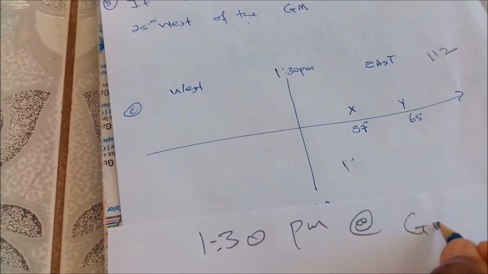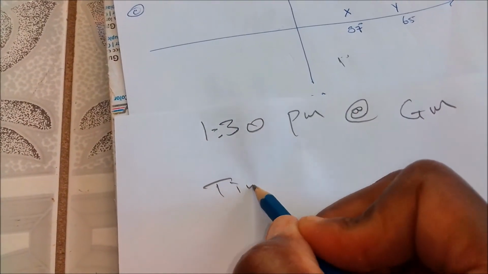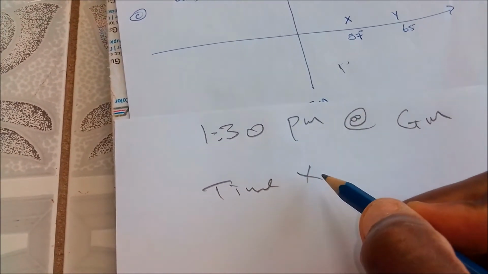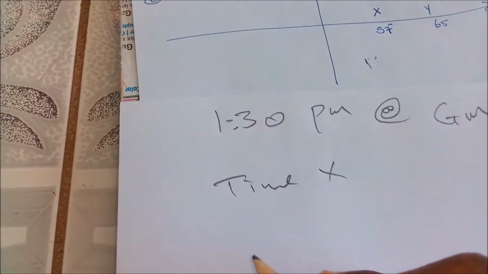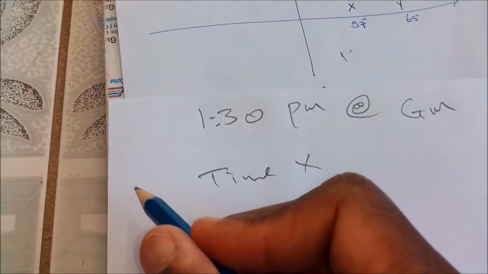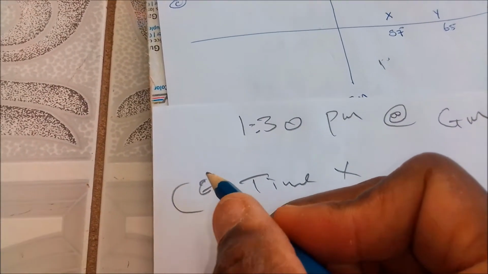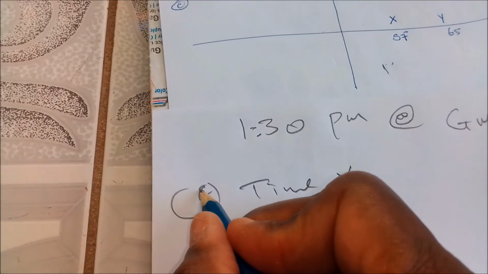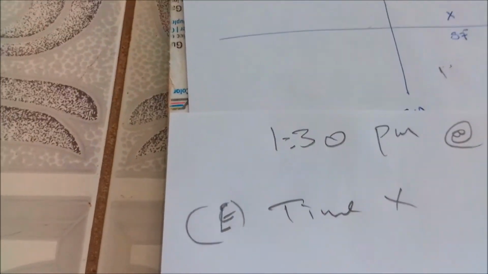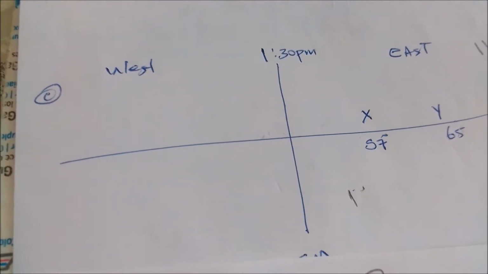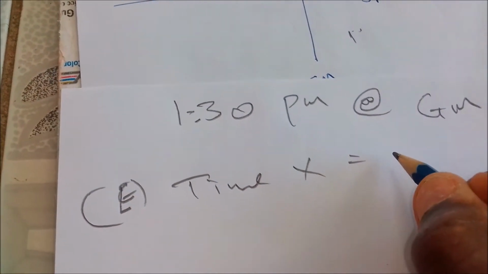at the Greenwich, right? It's 1:30 p.m. at the Greenwich. Time at X, and we are actually moving east, right? So I'm gonna put the E here so that you understand that this is an easterly direction calculation. That means you're gonna be adding, right? Okay, so it is 57 degrees, right? So the time at X equals 57